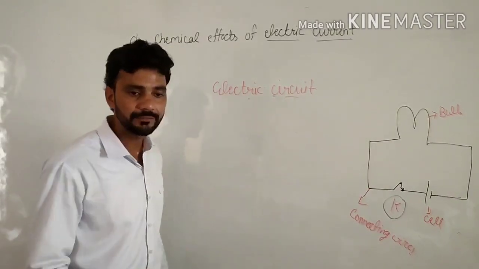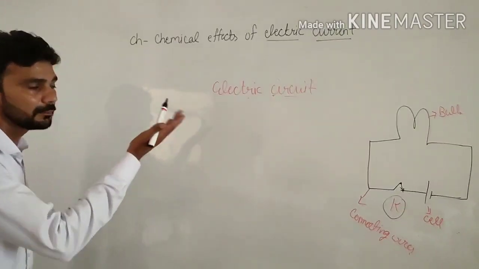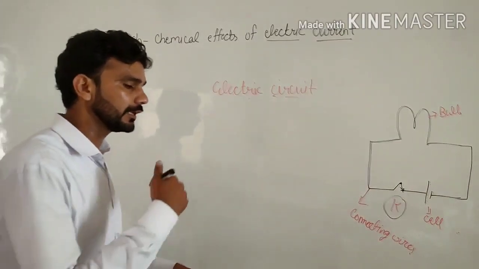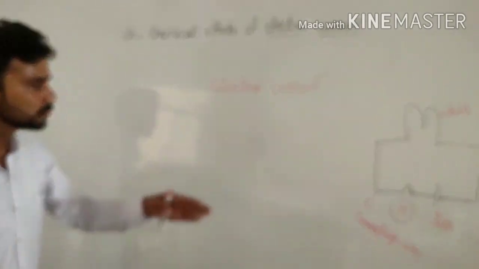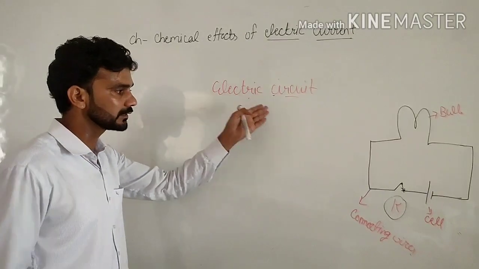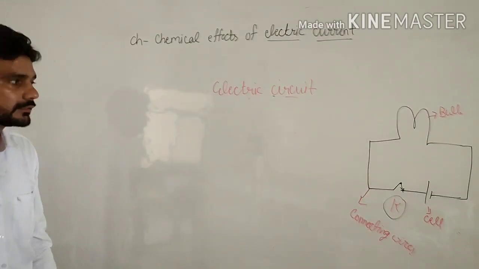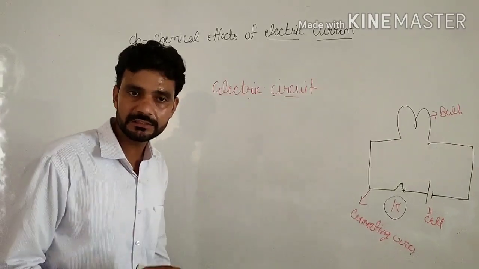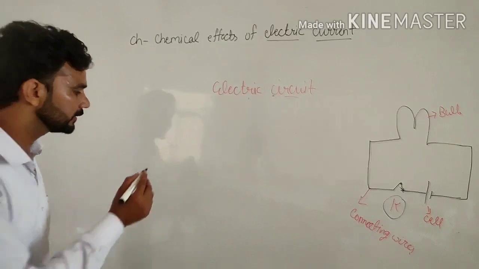Cell: a device which converts chemical energy into electric energy is known as a cell. Bulb: a device which converts electric energy into light energy and heat energy is known as a bulb. So these are the basic terms about electric circuit. We have discussed all these things. You have to revise these terms, and in the next class we will study about electrolysis